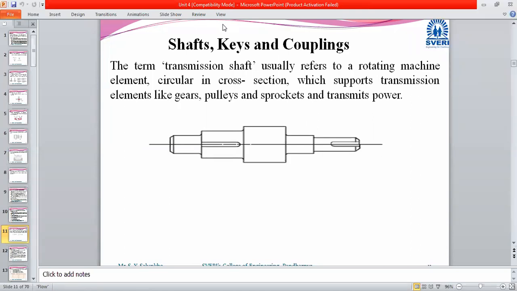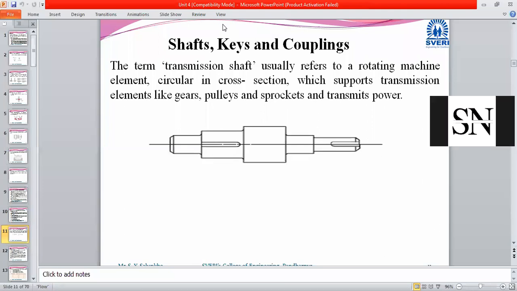Roll number 11, Suhas. Will you please unmute yourself? Yes, sir. Can you define the shaft? Shaft is the power transmission component.